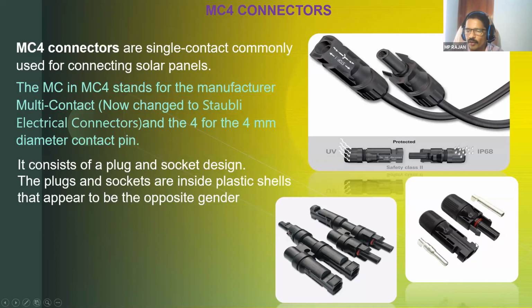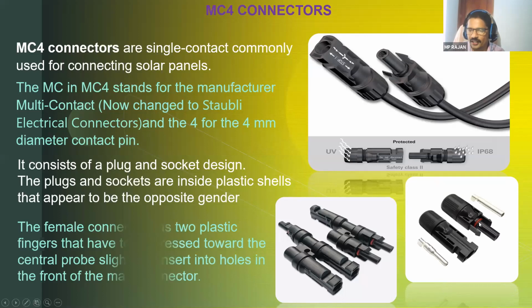This one is female. This is called the female part of the MC4 connector and this is called the male part. When you look, you may think this is a male part, but this is a female part because you can see the pin inside. This pin goes through this hole when you are connecting. Normally positive is the female part, and negative is the male part. This pin is inside the connector and protected, with solid protection using a special material which is ultraviolet resistant and water resistant.